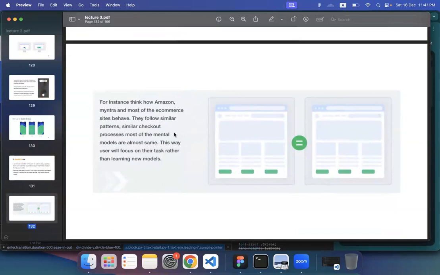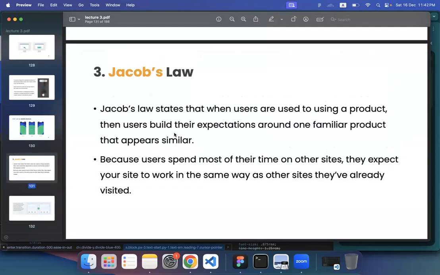They follow similar patterns, similar checkout processes. Most of the mental models are almost the same. This way, the user will focus on their task rather than learning new models. So if you are designing an application, let's say an e-commerce application or a banking application, this is where competitor analysis